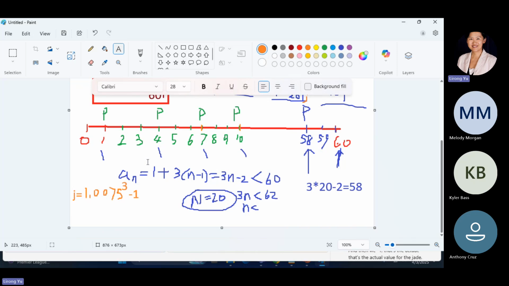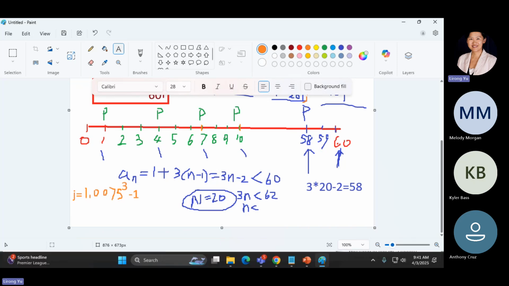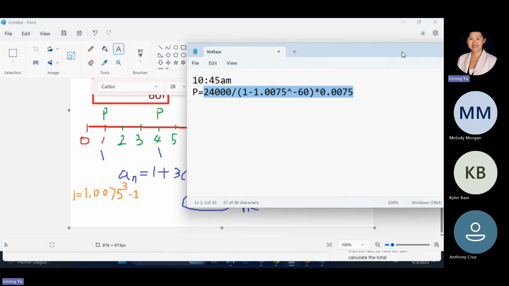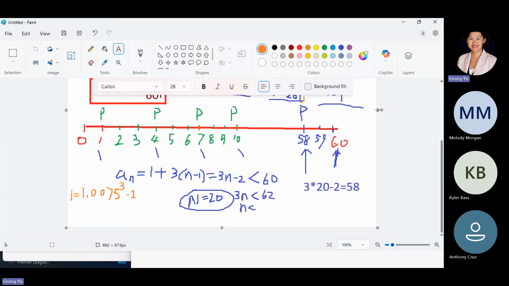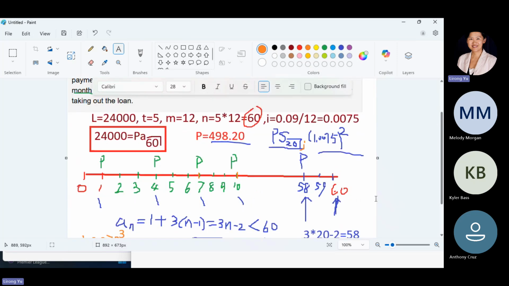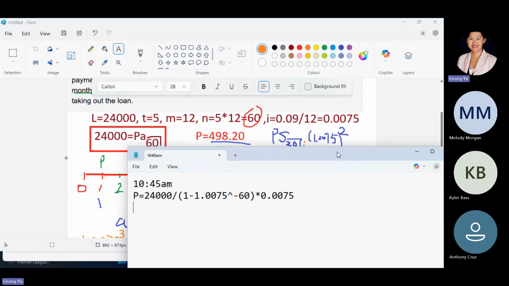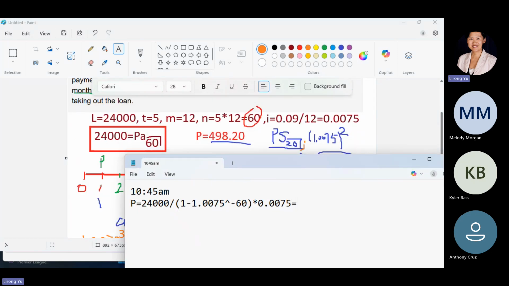Are we okay there? Just trying to find the 3 months interest rate. So now we can calculate the total accumulated value for P. All right, let me type it in here because it's obviously a lot easier to type in the text format. So this was the payment of